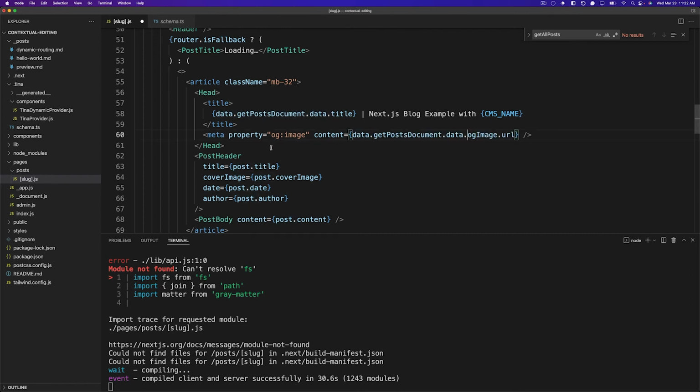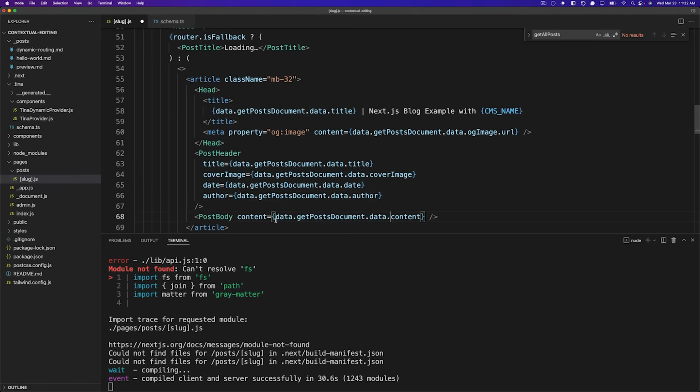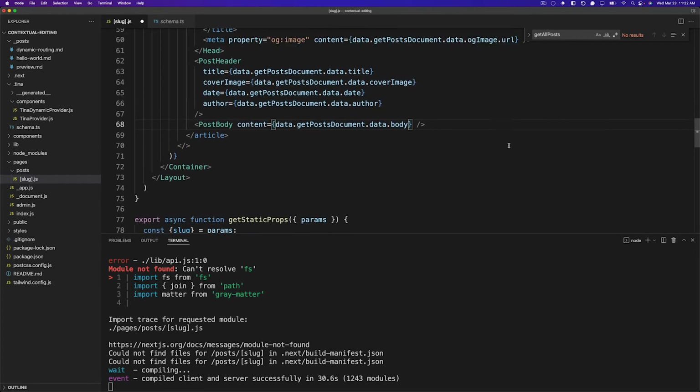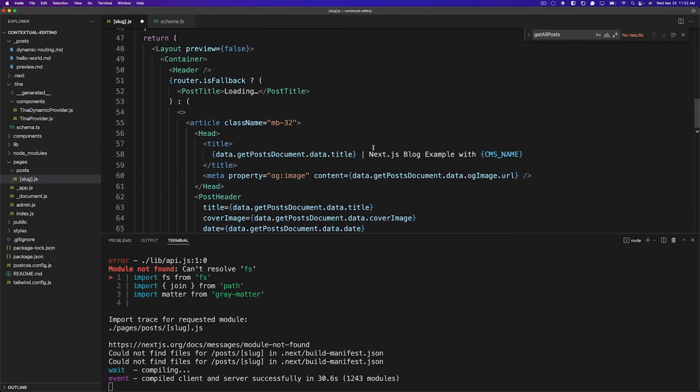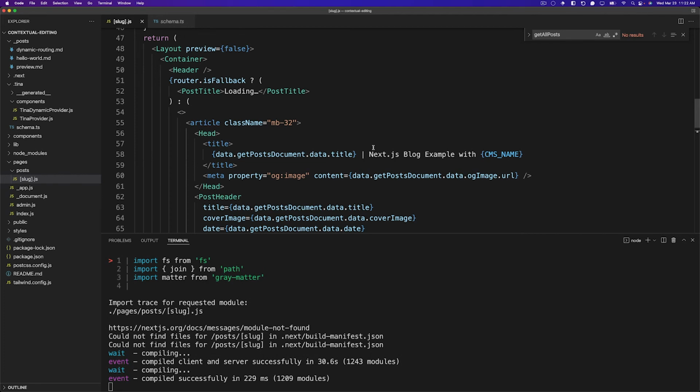So we can do dot for the title, for the OG image, for the cover image, for the date, and even for the content here. So we'll do dot content will be dot body. And now this page is being powered by Tina. So if we hit save here, we should be able to launch our application and see that it looks exactly